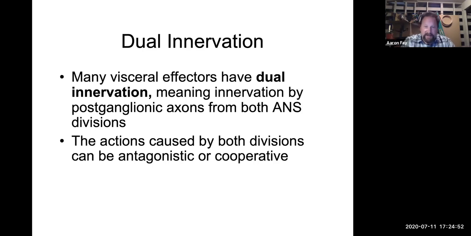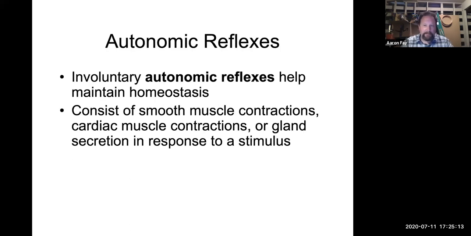Okay, these actions caused by both divisions can be antagonistic or cooperative, meaning that these two systems may work together to do the same thing, or these two systems may work together to do opposite things. An example of an antagonistic relationship would be control of the heart. Right? One slows it down, one speeds it up. Okay,